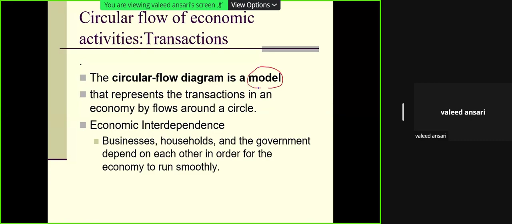How an economy functions is very complex. So when we try to depict the functioning of the economy by assuming certain things, we cannot capture the economy and its functioning in all its intricacies. So that is why we abstract away. We try to depict the functioning by assuming certain things.